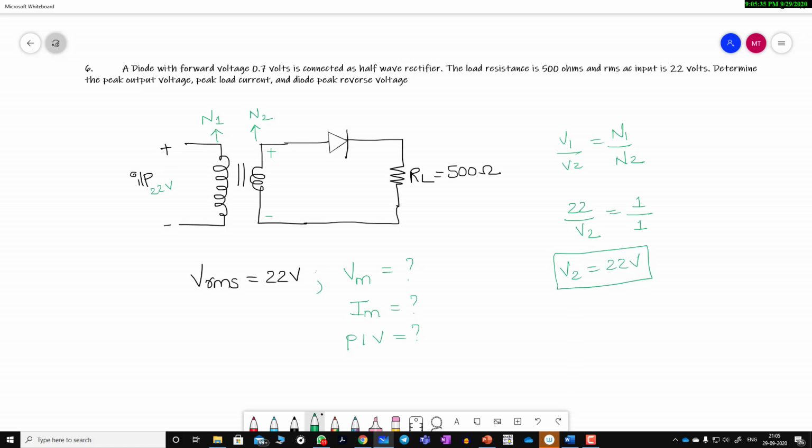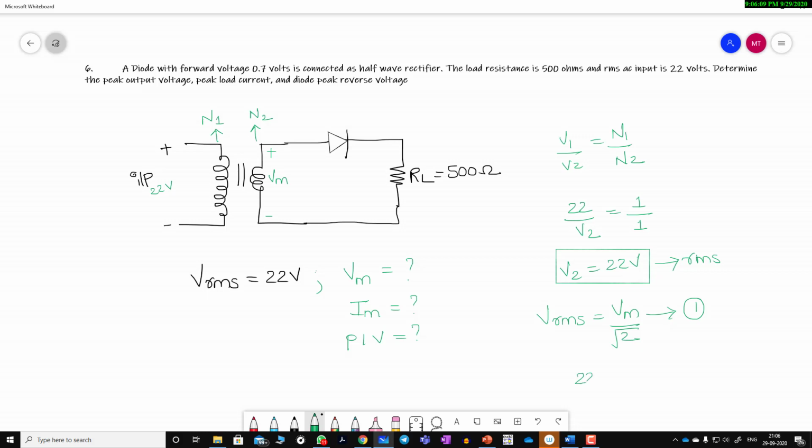So actually this is the question given. This is nothing but the RMS value which is present at this point. But actually we need Vm at this point. So based upon the rating of the transformer, the formula is Vrms is equal to Vm by root 2. As I want Vm at this point, I am making use of this formula. Let us consider this as equation number 1. V2 is the secondary voltage which I am considering as Vrms. So Vrms is equal to Vm by root 2.